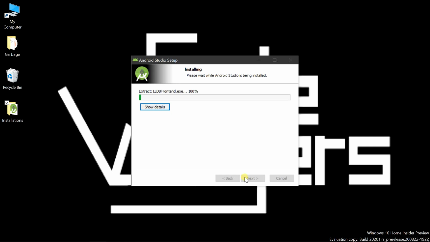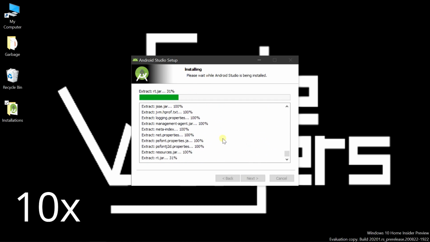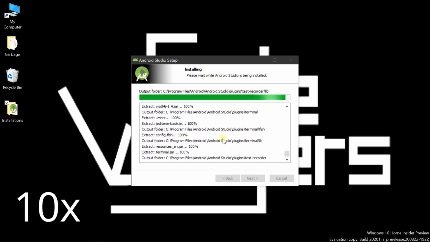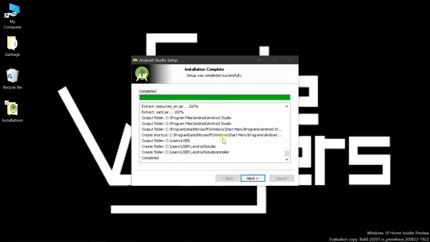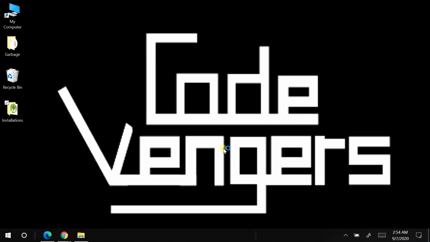This might take a minute or two. As you can see, once Android Studio is installed, click on the next part, finish, and start Android Studio. Then you can go with the Android Studio setup.